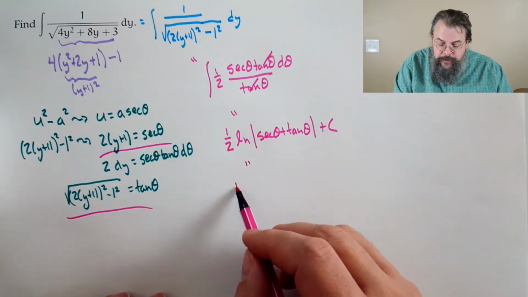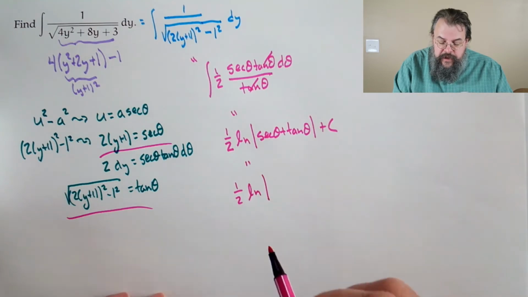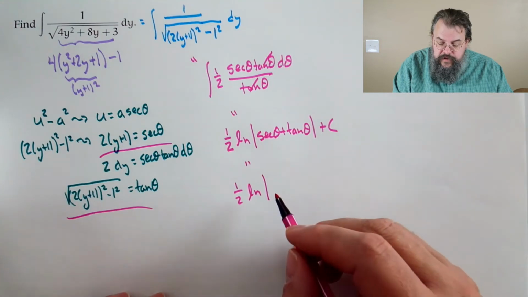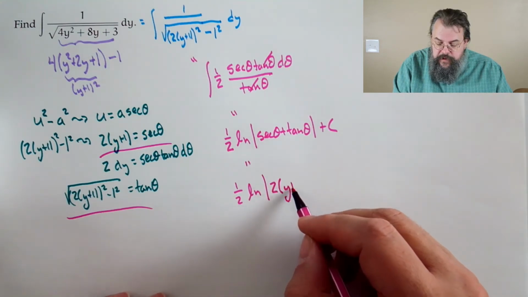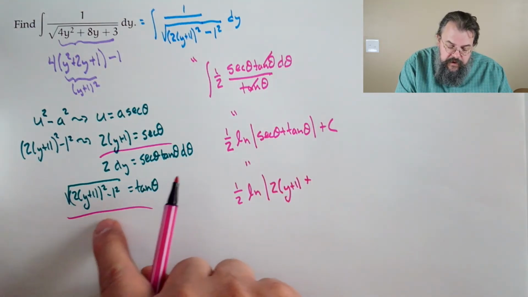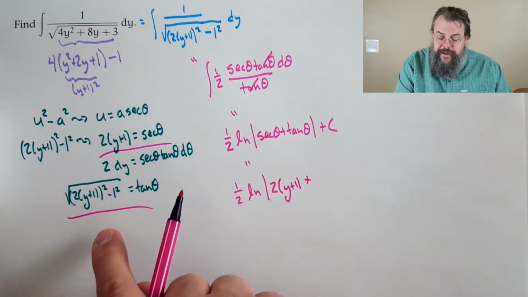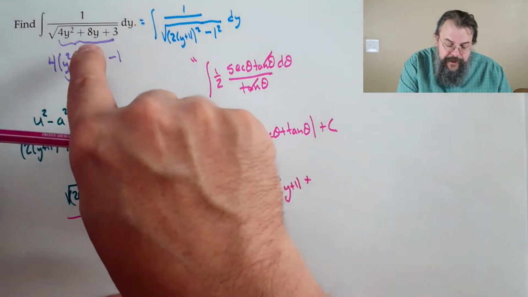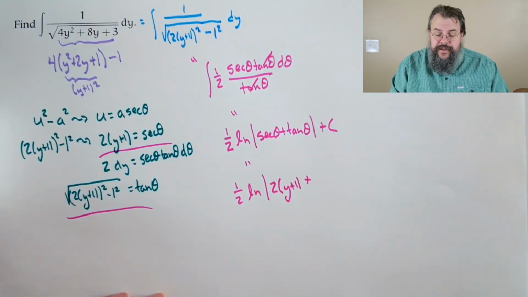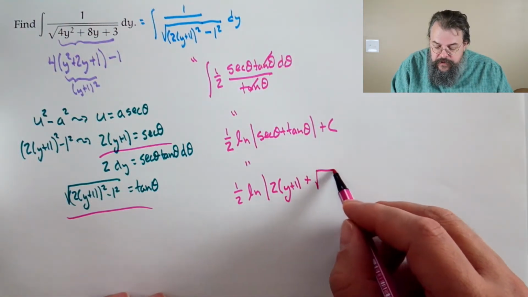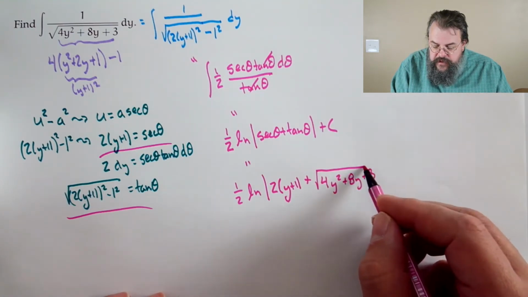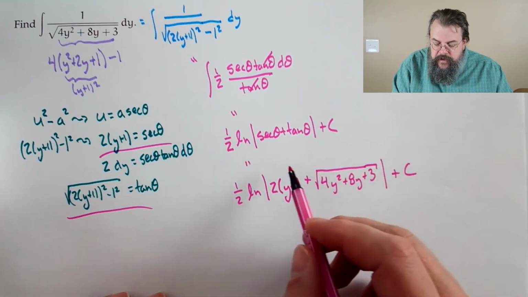So we have 1/2 log. Okay, what's secant? Well, secant is 2 times y plus 1. So 2 times y plus 1. And now plus, what's tangent? Well, it's this square root thing here. And we say, wait a second, that really came from here. So this square root thing is tangent. So plus the square root of 4y squared plus 8y plus 3. And